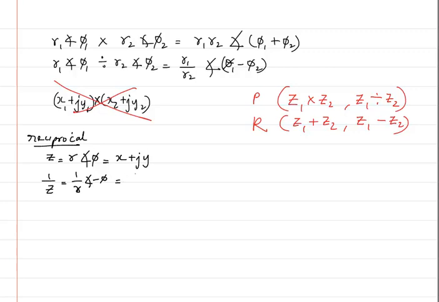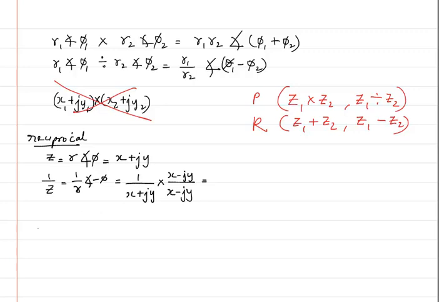If you want, you can write it as x plus jy, use this in a calculator and you will get the answer, no problem. Or you can do the complex conjugate multiplication: if this is plus, then you write x minus jy, and then you get the answer. But as I said previously, it's very simple to do it in the polar form. So the best thing is to directly use the polar form, or you can even use the calculator to directly calculate this.